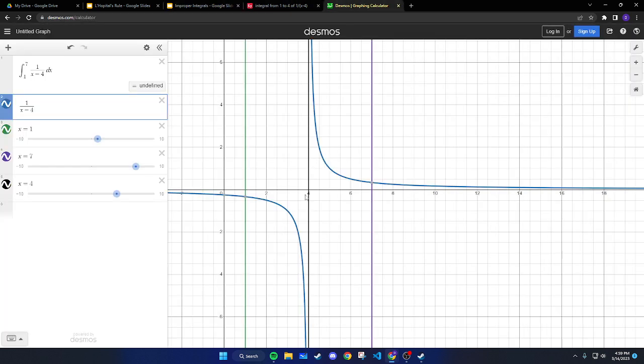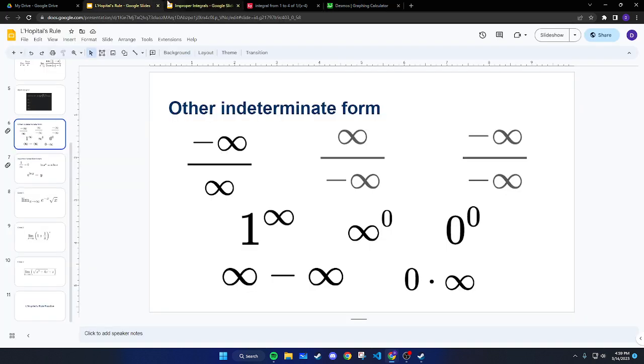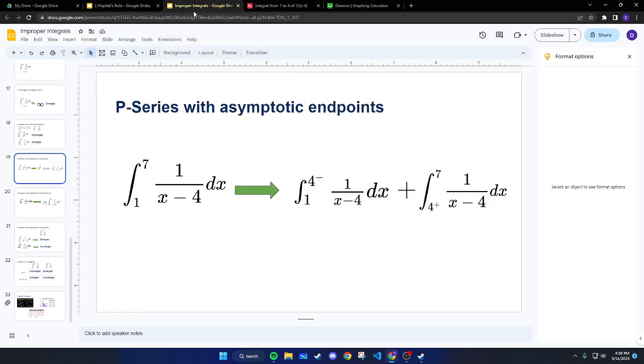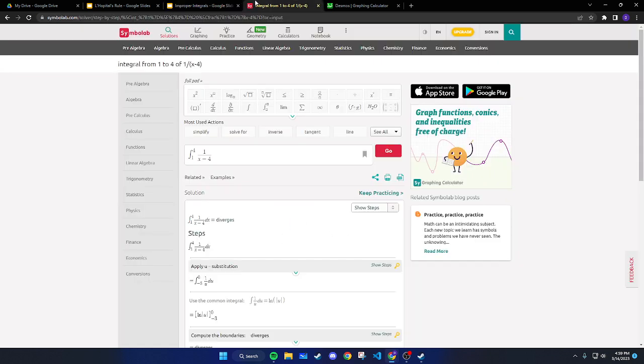From the looks of it, I see the confusion. This is a symmetrical graph, so why wouldn't the area just cancel out? But it just can't be determined because of the idea of infinity in general. People do studies on this all the time, and there's a deeper study in math, going back to number theory. There are studies done for infinity, but for now in Calc BC,